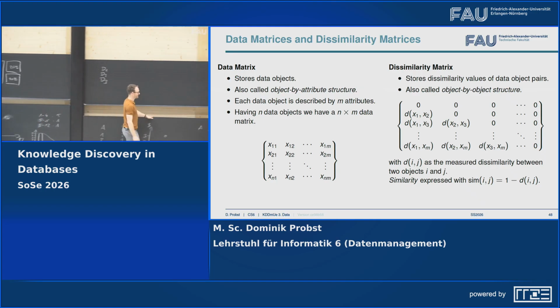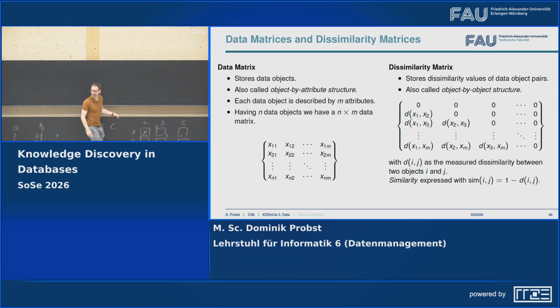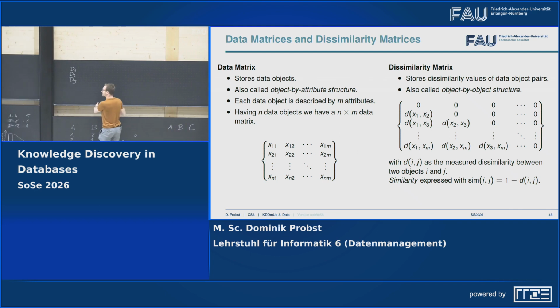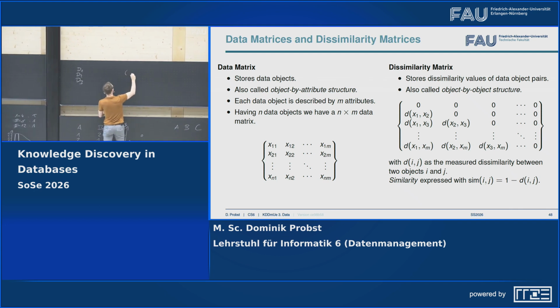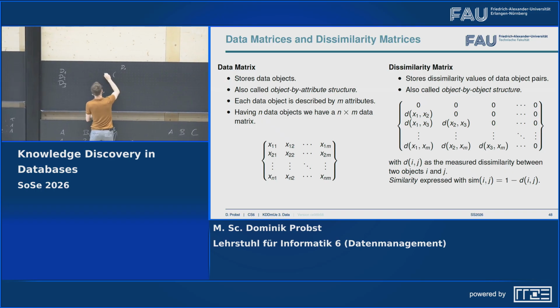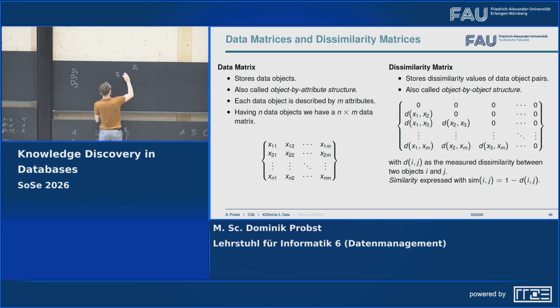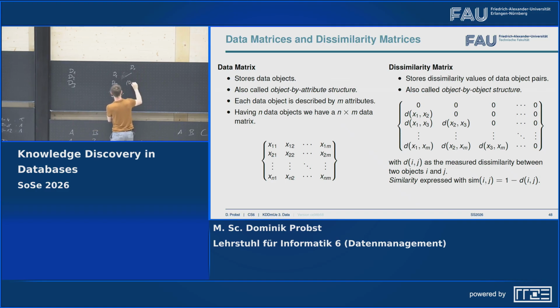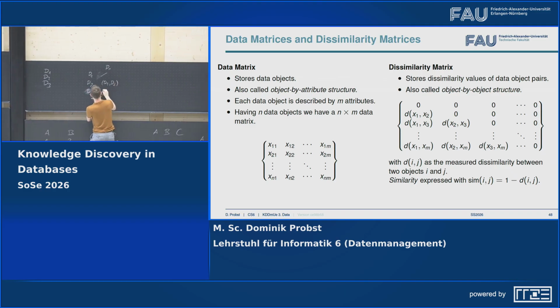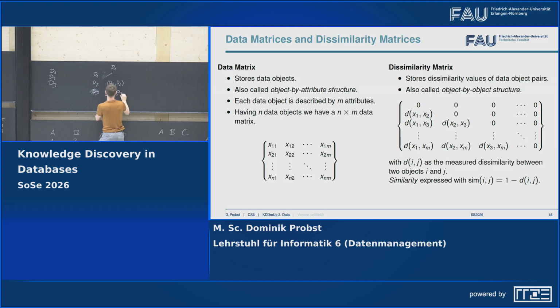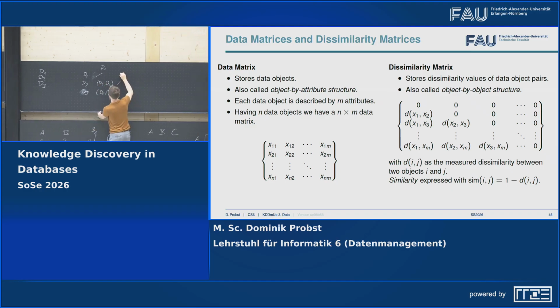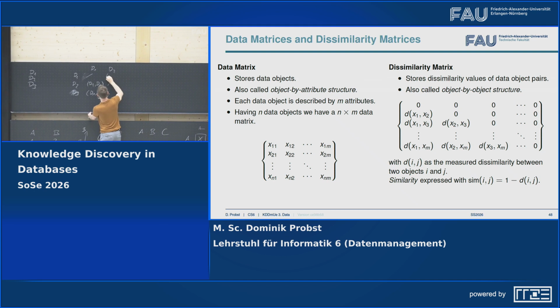Then we would do basically the same thing we have done with a scatterplot matrix, and we are comparing first the similarity of D1 against D2, D1 against D3, then D2 against D1,